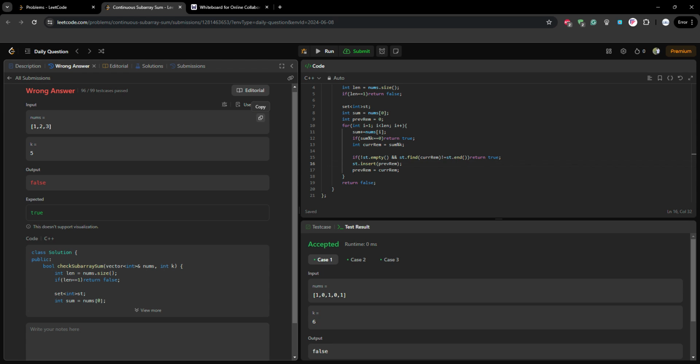So I think here at the bottom as well, I have to do something like if set empty.